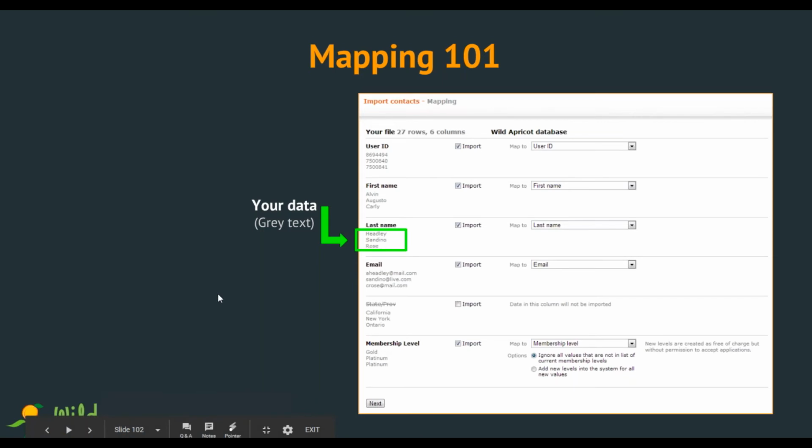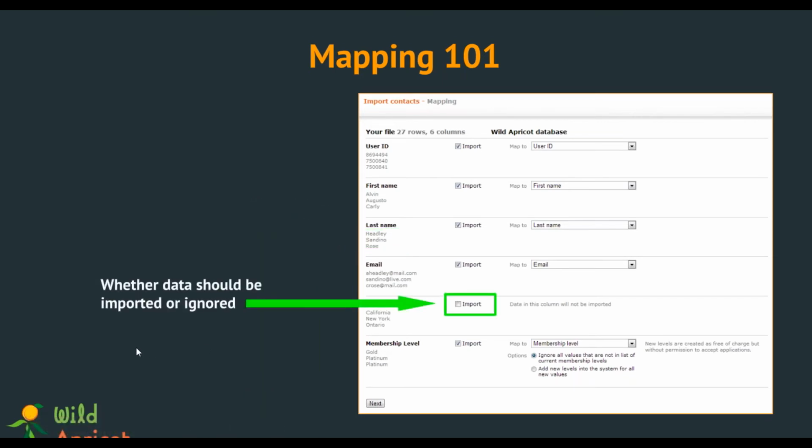And I say if you import that information because you have the ability to ignore or import different fields of information as well. If you unselect this box and you do not import the information, then this particular column will not go into Wild Apricot. And you might be asking yourself, why would I not want to import something? Well, the answer to that is if you're making a bulk change to everybody's account all at once, then you don't have to import data you already have.